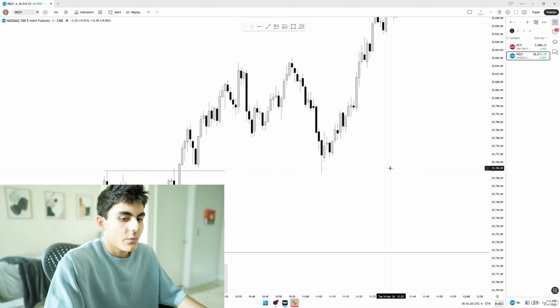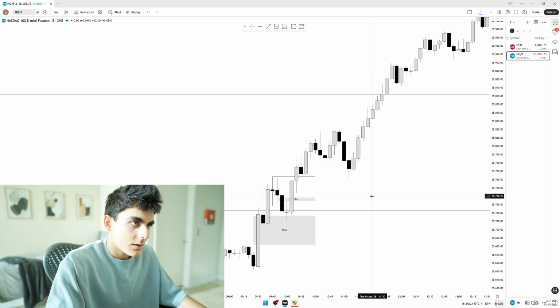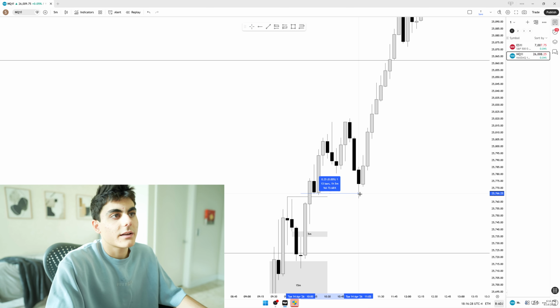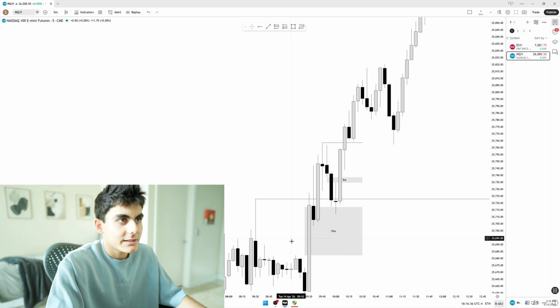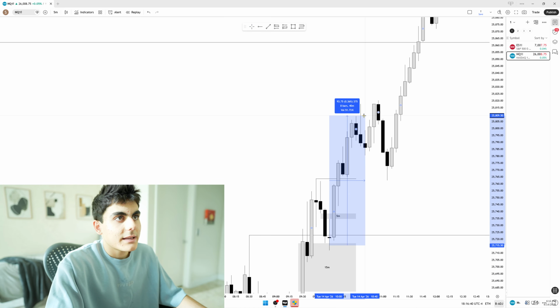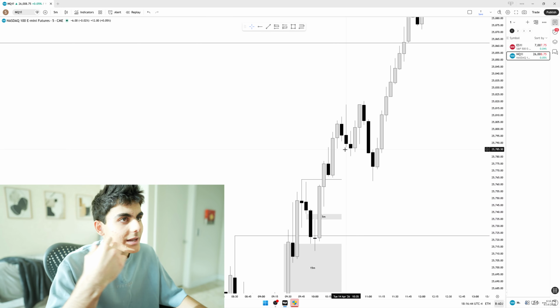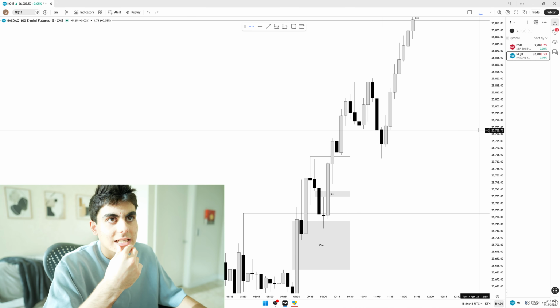From there, we got chop, sideways. Technically we made a new 5 minute gap and we tapped it again, but then again, same story. Break even is too quick. There's not really many draws. So in this case, I would like to take the early long. If not, I don't want to just chase it. And then from there, now it's 10:30, and the move's kind of up. So that's all that I saw.